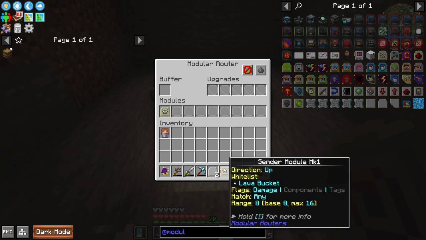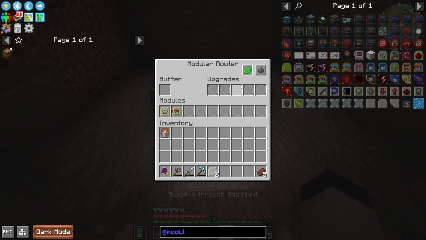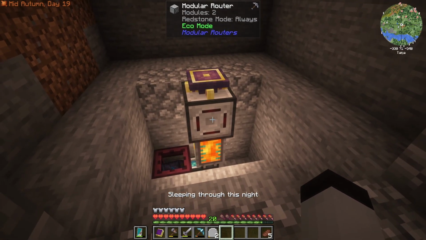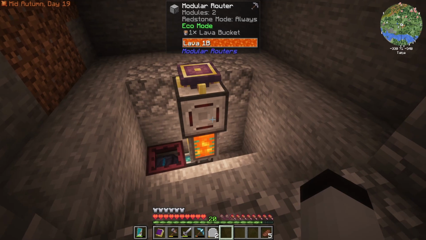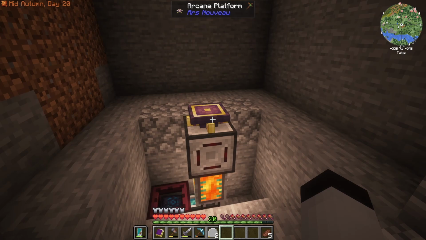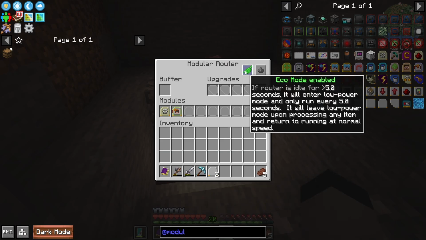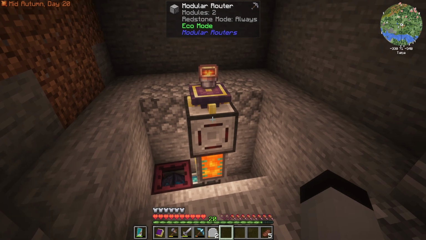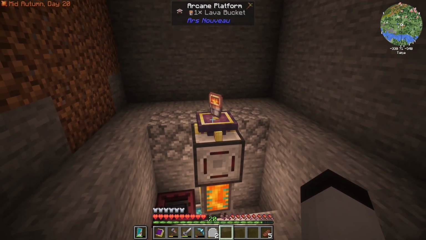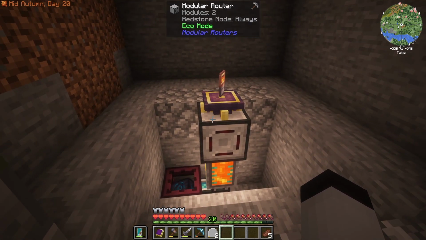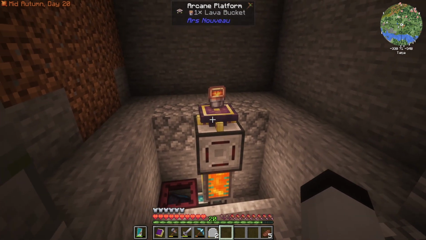So if I put this into here, make sure that's off. It should figure that out if I put the lava bucket in here. And it should appear right on top of that block. Go quickly. There it is. So in essence, we've just taken this bucket here. Now this bucket will start to be consumed by the ARS volcanic thing that I can't remember what the name